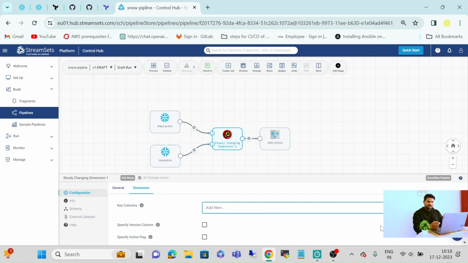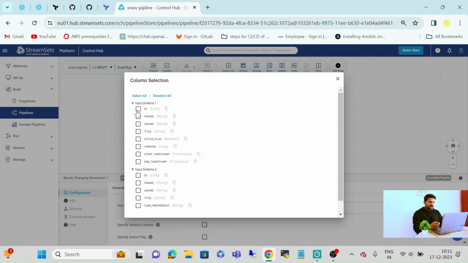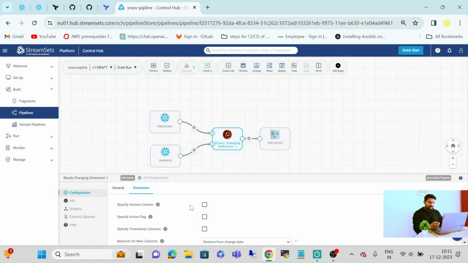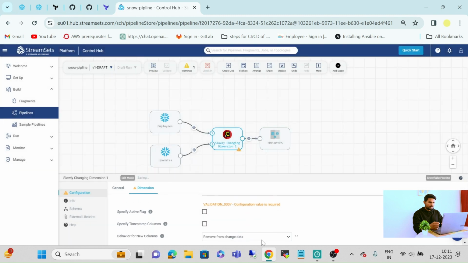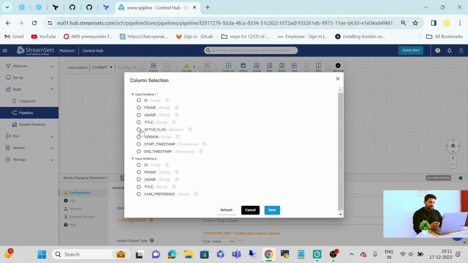So in the key column section, we have to search for ID column, click on save, specify column version, search for versions, tick here on the specify active flag, search for active flag column.